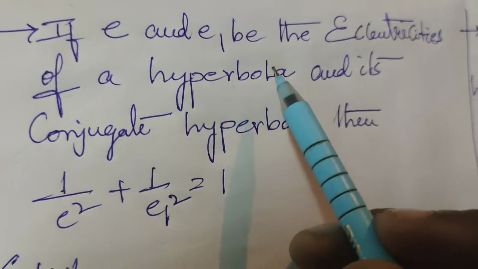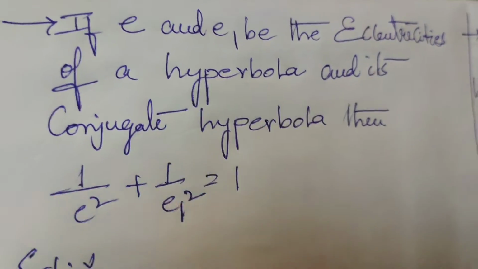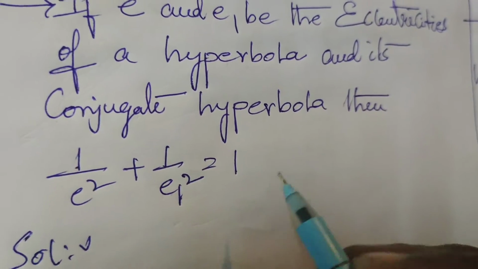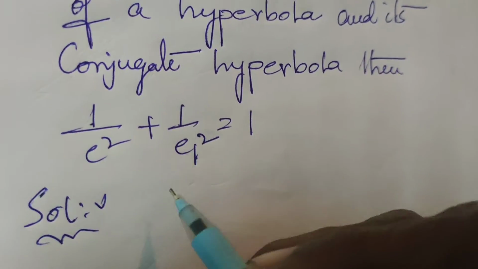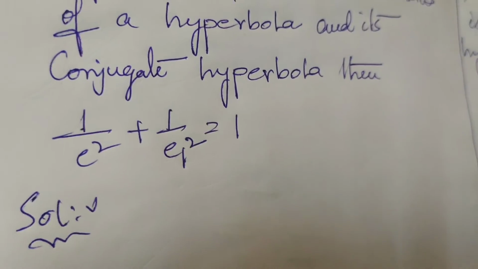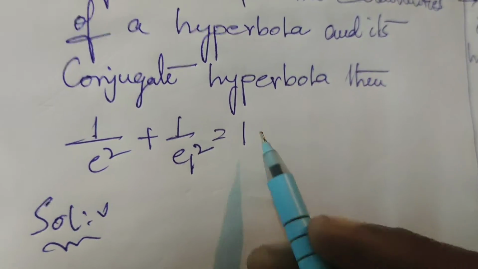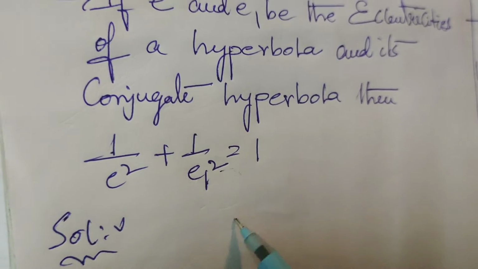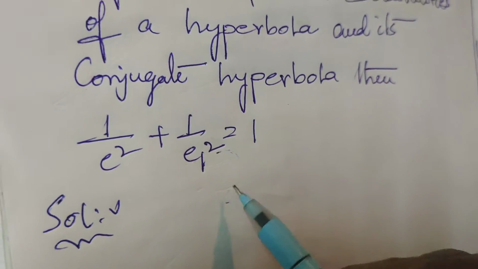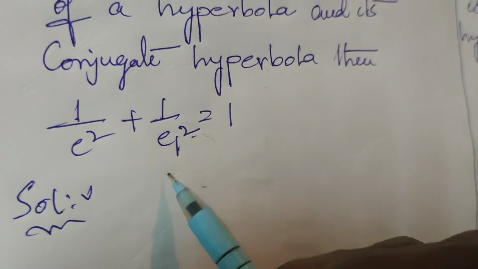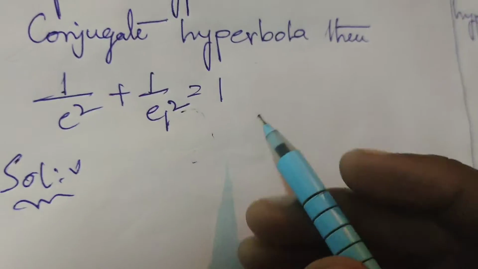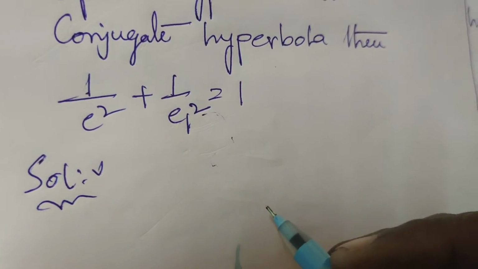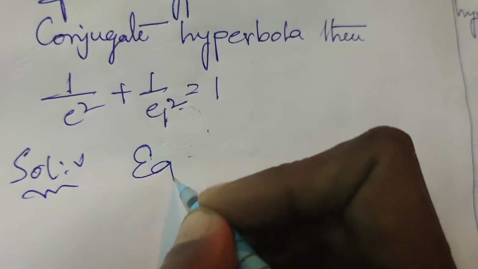Today we are going to explain this hyperbola problem. If e and e1 are the eccentricities of a hyperbola and its conjugate hyperbola, then prove that 1 by e square plus 1 by e1 square equals 1. First of all, write the equation